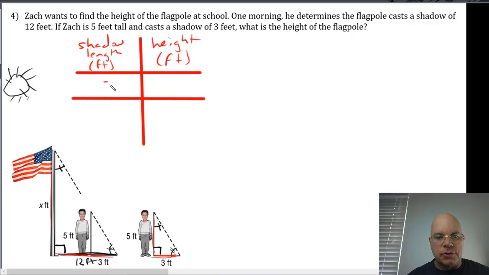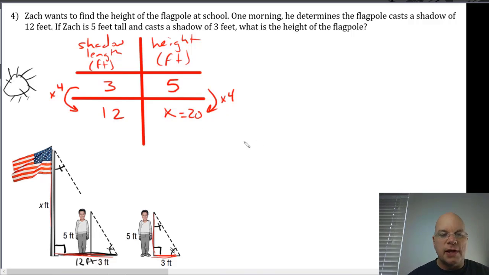Zach's shadow length is 3 feet and his height is 5 feet. The flagpole shadow length is 12 feet and the height is what we're trying to find, x. There's a nice convenient scale factor of 4 here, which you can apply to the height to determine that x equals 20. If you didn't see that, you would do a proportion 3 over 12 equals 5 over x, and